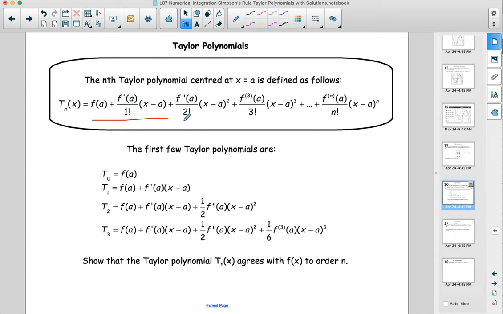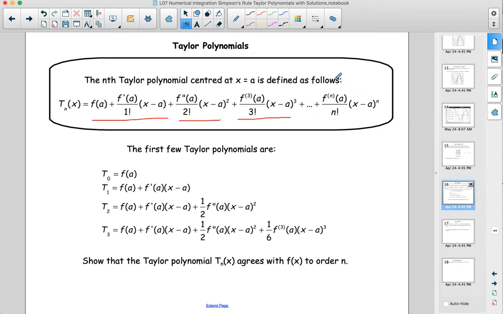Then when we come out to a quadratic, it would be this piece, f double prime at a divided by 2 factorial times x minus a all squared. If we want to do a cubic, then the third derivative at a all divided by 3 factorial, not 3 cubed, times x minus a to the power 3. Then we would have the fourth derivative at a divided by 4 factorial times x minus a all to the power 4. Stepping out to the fifth, we'd have the fifth derivative at a divided by 5 factorial times x minus a to the power 5,